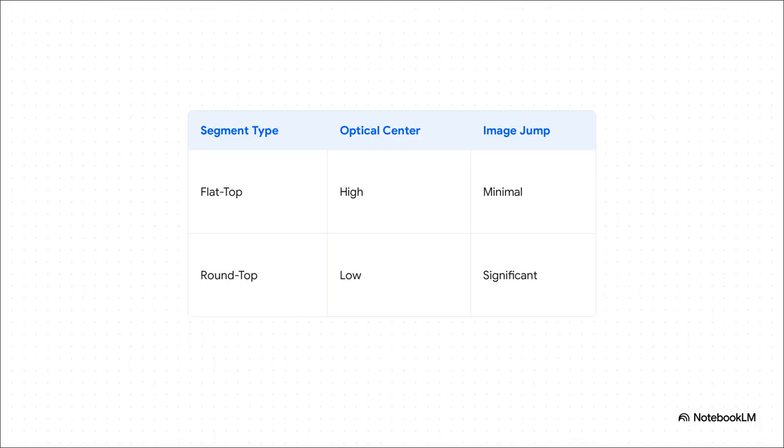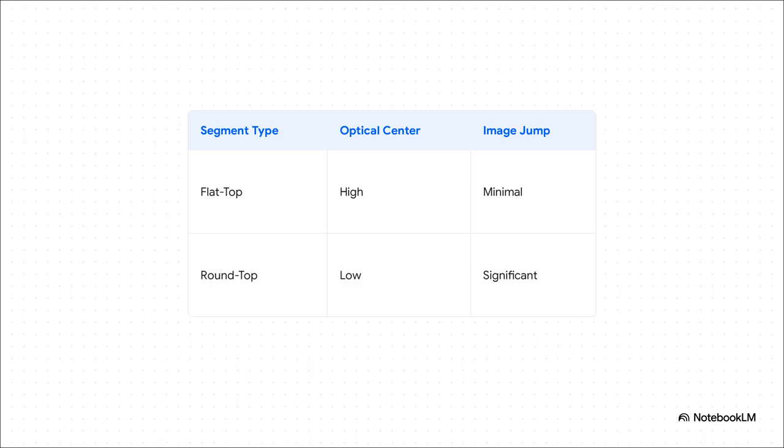So how does the actual physical shape of that bifocal segment play out clinically? Let's talk about image jump, that sudden, super annoying change in image location when the gaze drops into the add. Flat top segments minimize jump. Why? Because their optical center sits high up, right at the segment line. When the eye drops into the add, that H value from our formula is very small, so almost zero prism